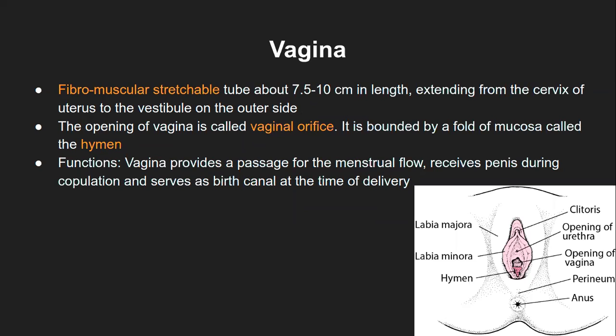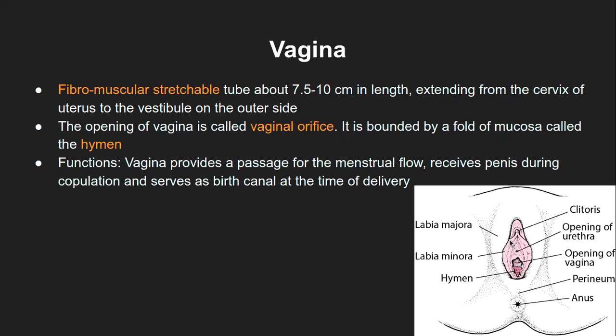So hymen is that thin layer of tissue which is present at the vaginal orifice. Just to show you this particular diagram, the hymen is located towards the anal side, that is on the back side. On the front side it is the clitoris, and then there are different folds of structure which we'll see in the next slides, in terms of labia majora, labia minora.